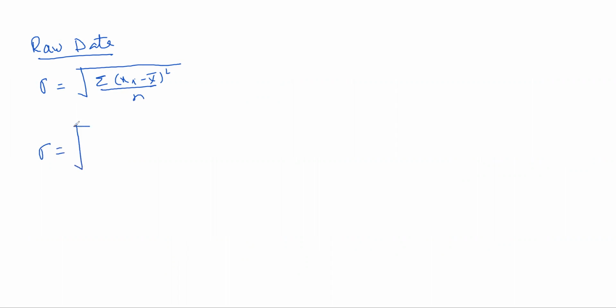Now you need to write down the formulas for this standard deviation and variance. For the raw data, the standard deviation is going to be either the square root of sigma xi minus mean whole square over n, or the square root of sigma x square over n minus mean square. When you have the frequency distribution, this formula would be the square root